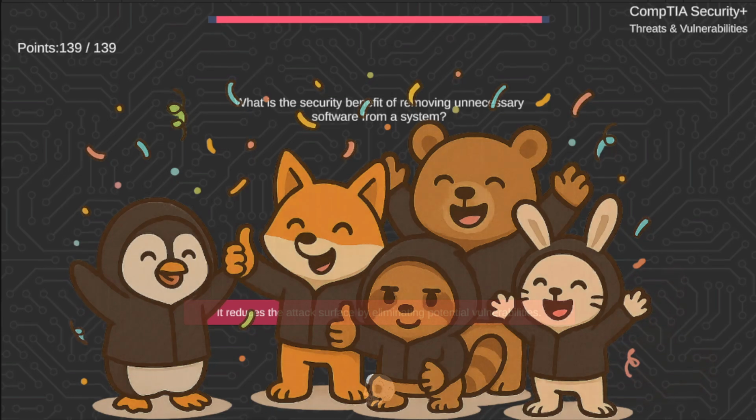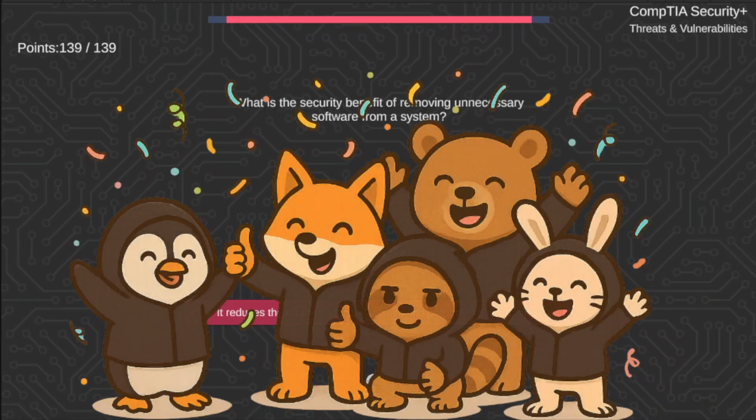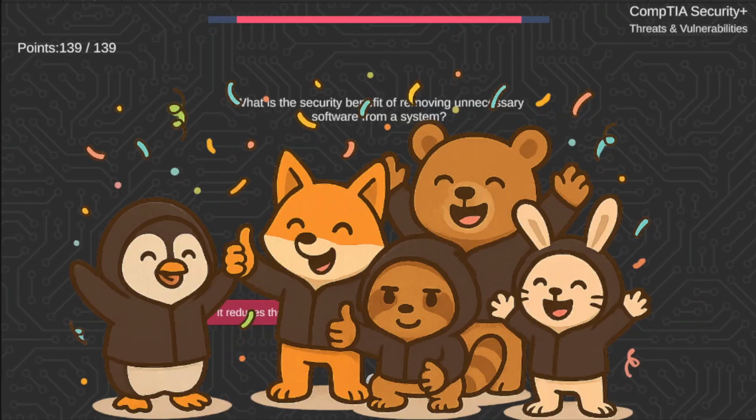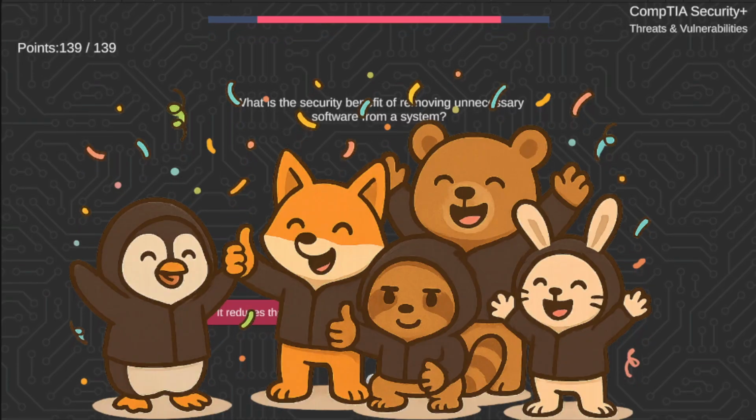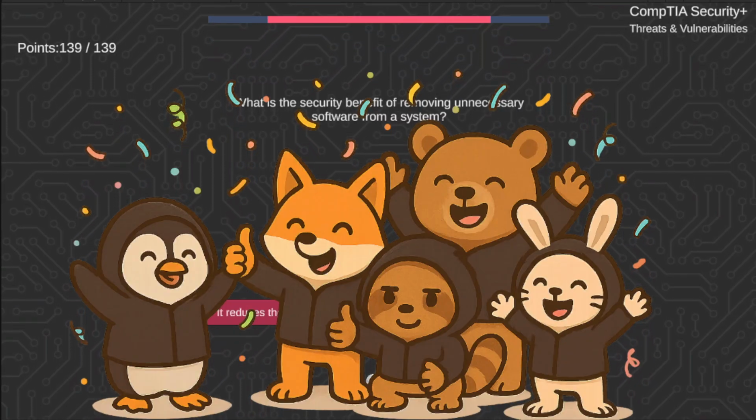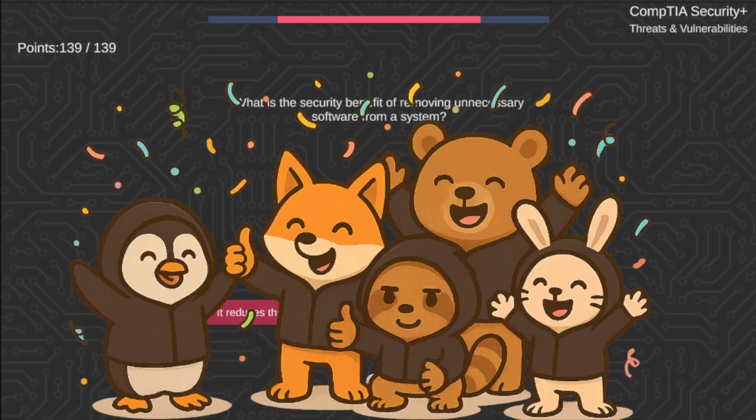And that is the end of this part. This is part 2 of the Security Plus SY0-701, I believe is the number for it. Hope this was helpful. I know there was actually a lot of kind of easy ones on here, but